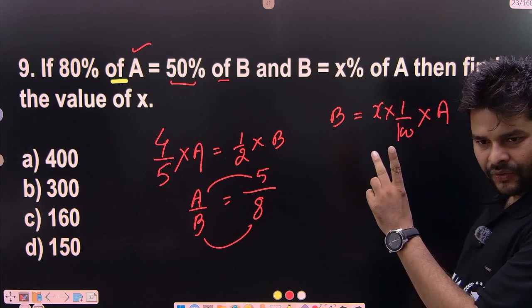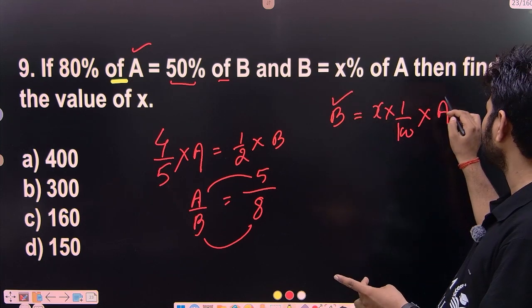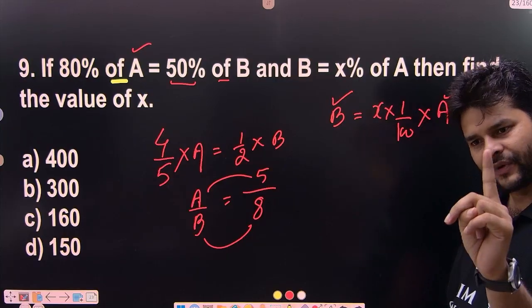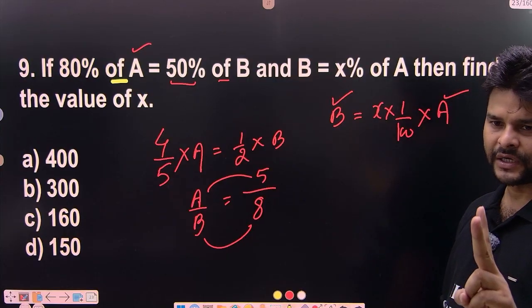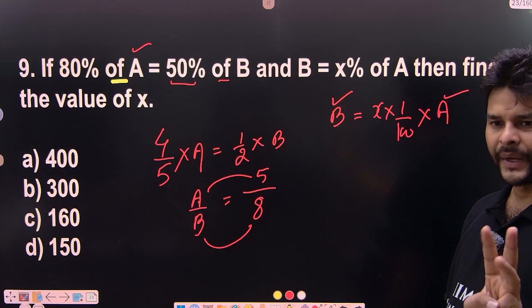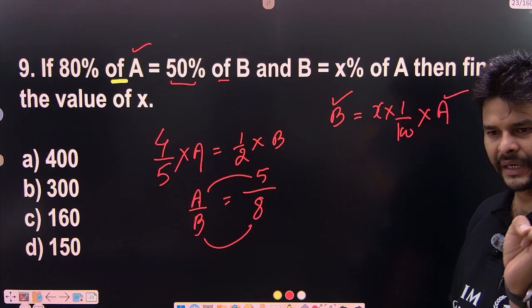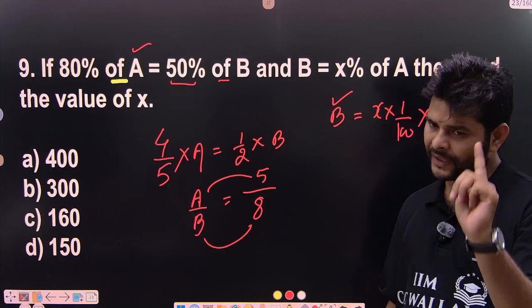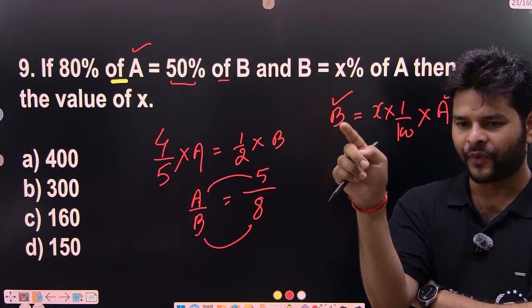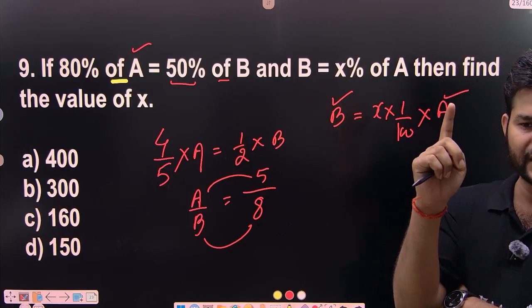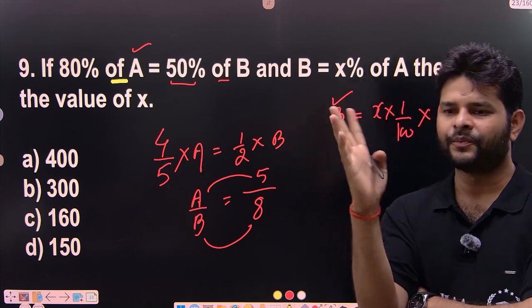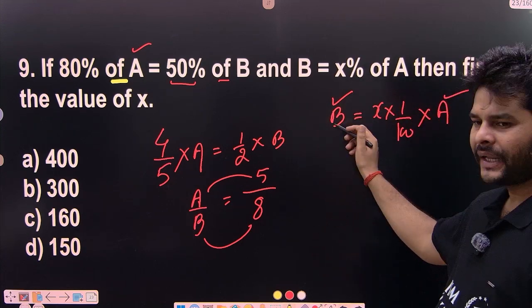If you want to find out the value of X, you need to remove A and B. If one equation is given, we can find the value of only one variable. If two equations are given, we can find two variables. If three equations are given, we can find three variables. If one equation is given and I need to find three variables, it is impossible. If one equation is given and we have to find two variables, it is again impossible. So remove what? A and B.